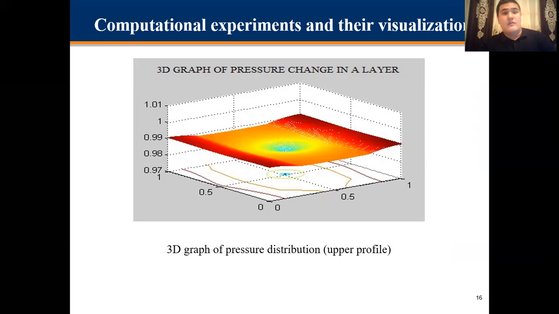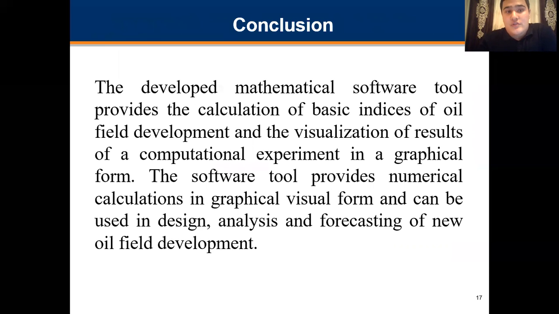And then, as a conclusion, the developed mathematical software tool provides the calculation of basic indices of oil field development and the visualization of results of a computational experiment in graphical form. The software tool provides numerical calculations in graphical visual form and can be used in design, analysis, and forecasting of